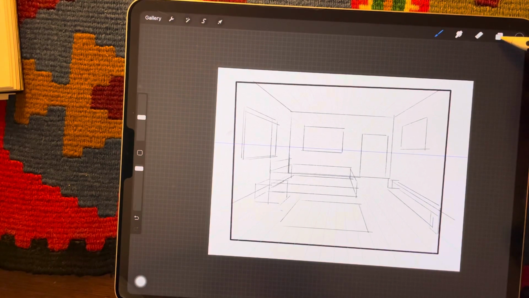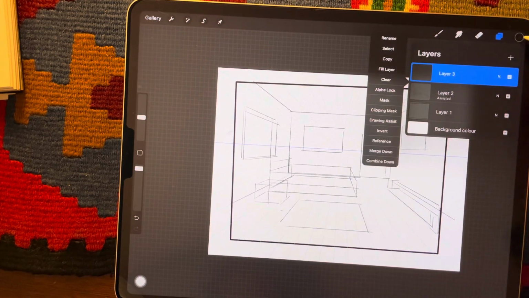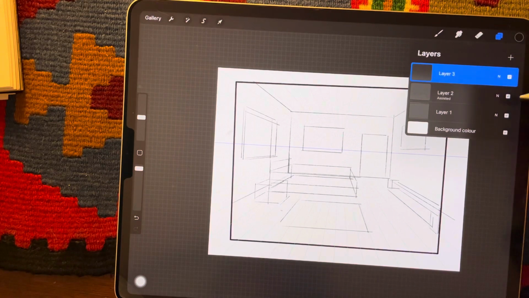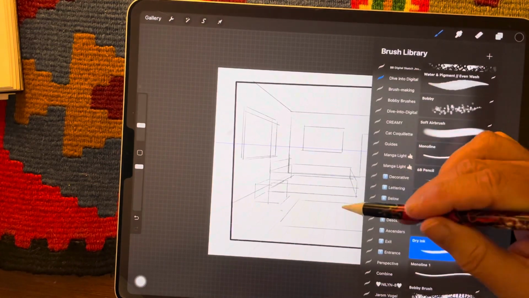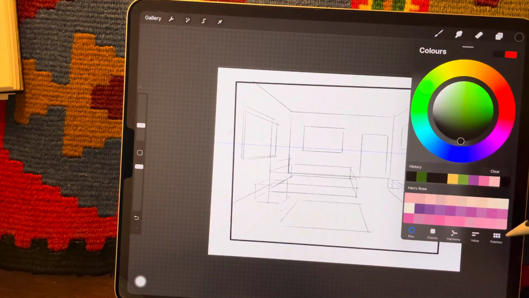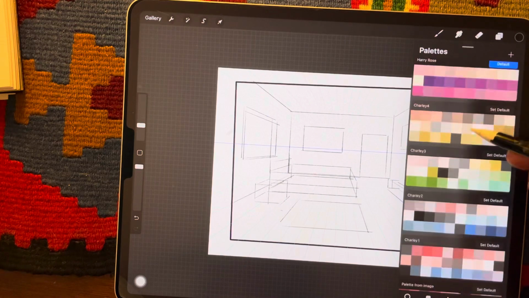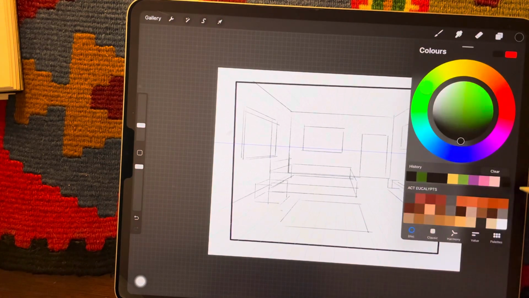The next thing that I'm going to do is create another layer, and I'm going to draw the actual room here without the assisted tools so that I get a more relaxed room and more in my style. So what I would use is the dry ink brush, and I'll start off by maybe selecting a new palette. What colors shall we go for? Let's go for the ACT eucalyptus colors. And I'll draw